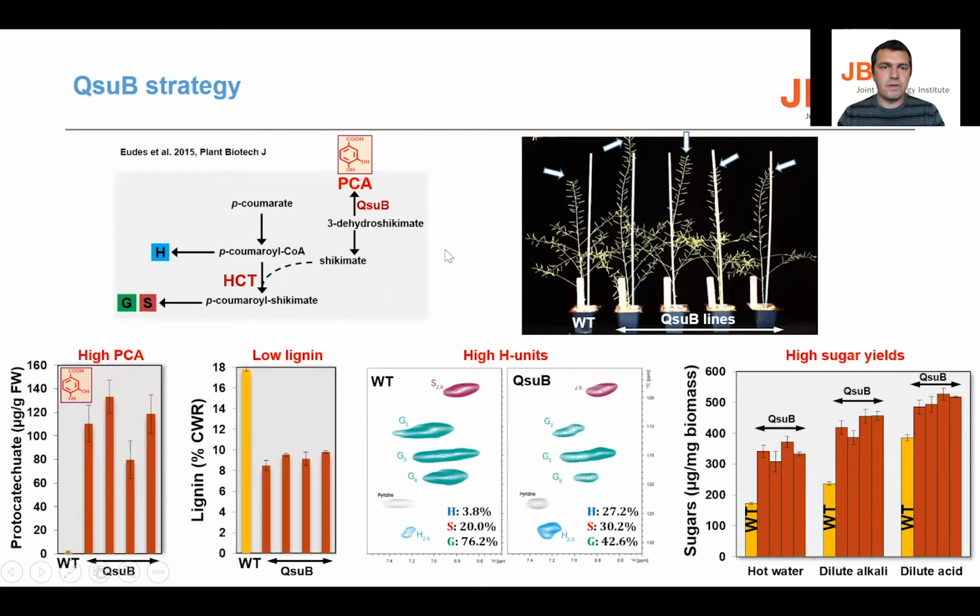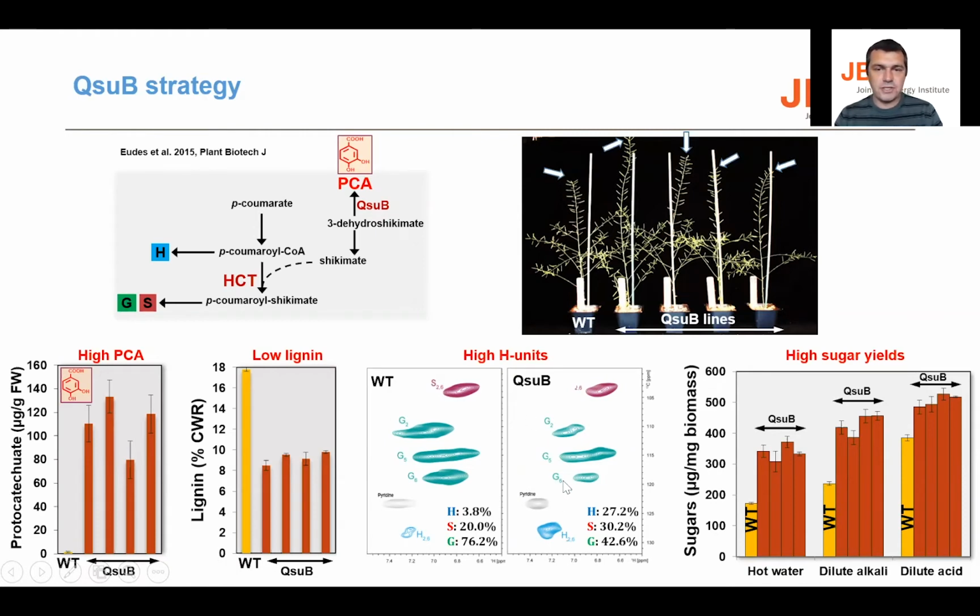So I will start with the QsuB approach. QsuB is an enzyme that converts 3-dehydroshikimate into protocatechuate, which indirectly affects the pool of shikimate available for HCT, which is an important enzyme in the lignin pathway for production of G and S units. So Arabidopsis plants that contain the QsuB gene have a higher amount of protocatechuate compared to wild type, less lignin,